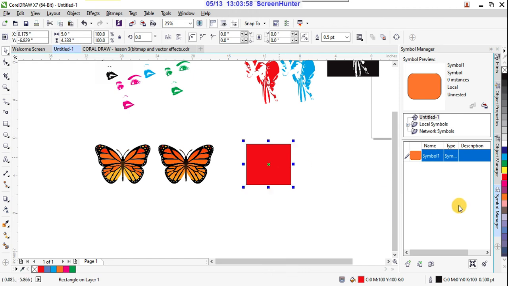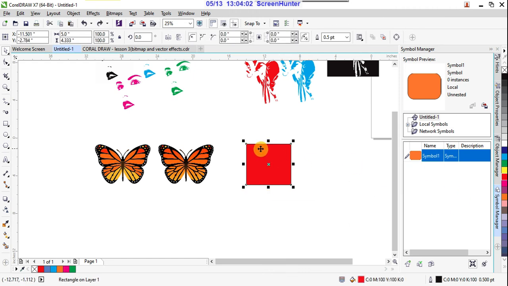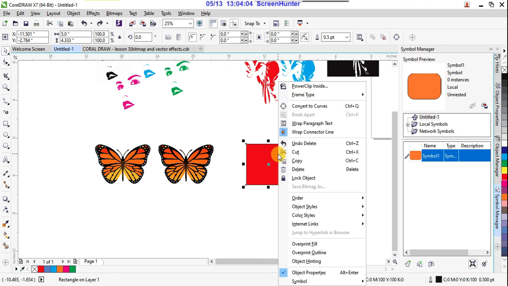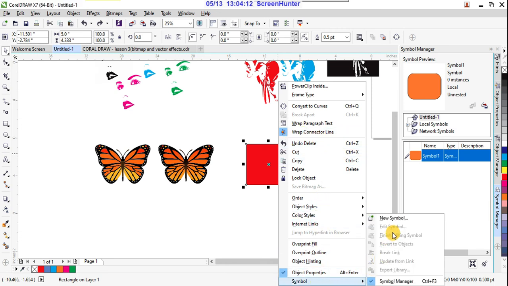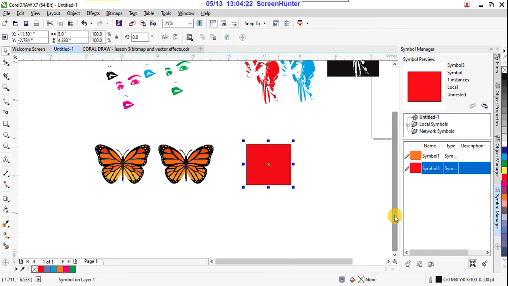So here, you drag it into that, or otherwise right click on the symbol and you can add it into a new symbol. You can create a new symbol also, but here, after selecting that symbol, I'm dragging and dropping it into that manager, right?